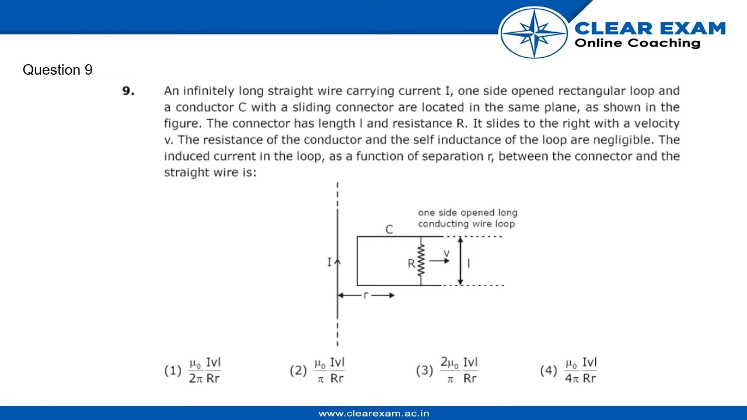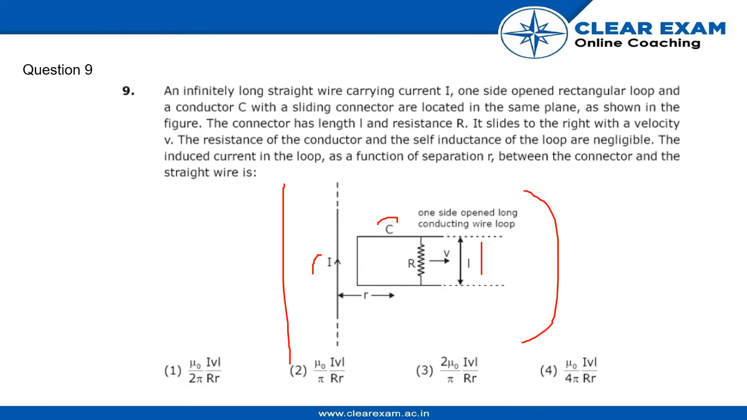Hello guys, we have a question here that says an infinitely long straight wire carrying current I. This is our infinitely long straight wire which is carrying current I, okay? And a one-sided open rectangular loop and a conductor C with a sliding connector located in the same plane. This is our one-sided open rectangular loop and this is our conductor C. All of these are located in the same plane and this is our sliding connector